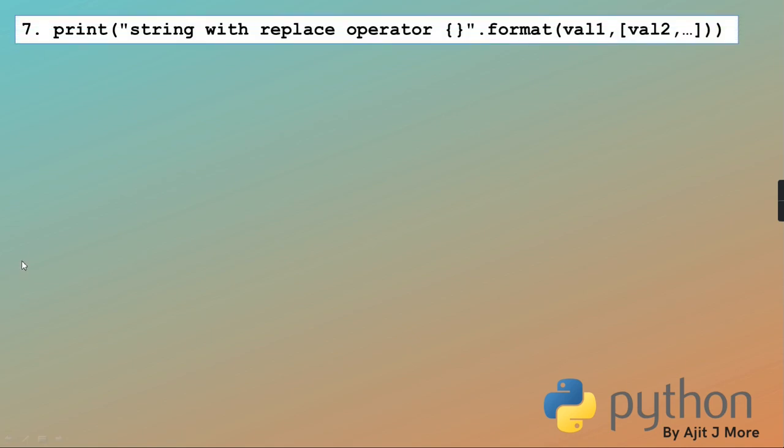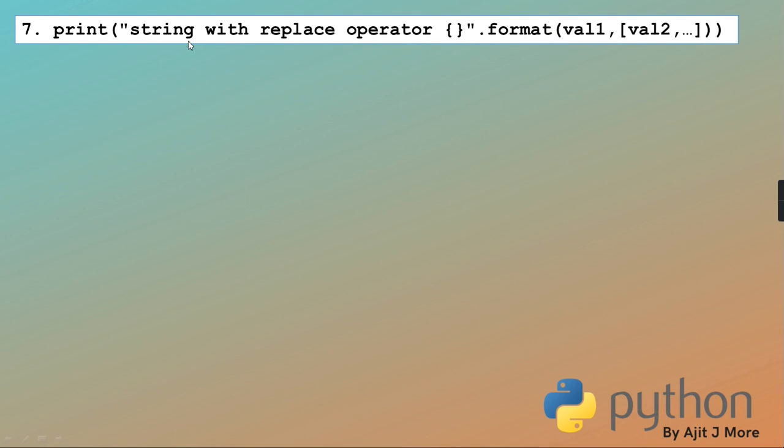And then the last one is using this format method. Format is a method of the string class. And always remember, anything you write in a single quote or a double quote, Python automatically considers it as an object of the string class. The class is str, not String like Java. So this is actually an object of class str, and format is a method of it.